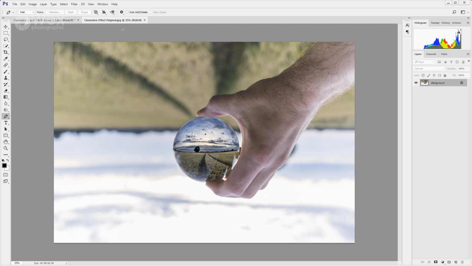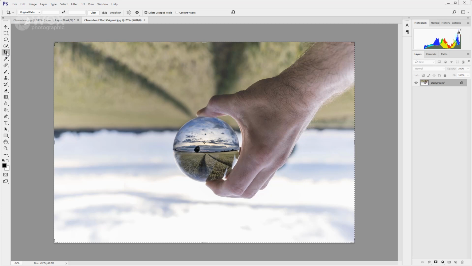And the first thing that we need to do is crop the image down to a square. Now these days you can upload a landscape or a portrait image to Instagram, but I think to get that real Instagram look, it really does help to crop down to a square just to get that really obvious look and feel. So to activate the crop tool, just hit C on the keyboard